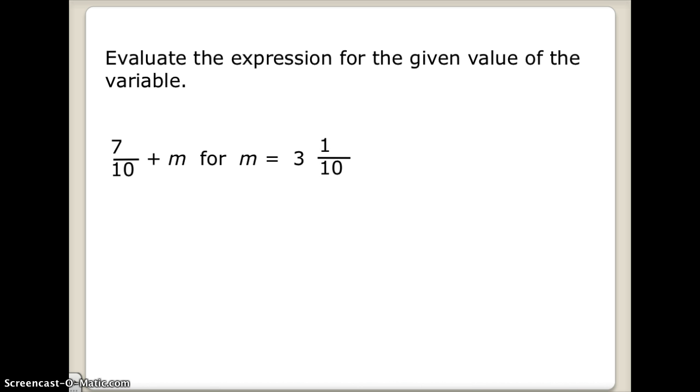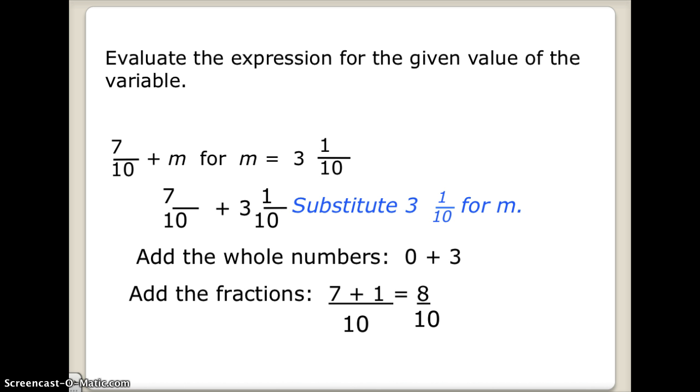And let's evaluate the expression for the given value of the variable. 7/10 plus m for m equals 3 and 1/10. Start by substituting your number in so you understand what's going on. So 7/10 plus 3 and 1/10. Well, we have 3 wholes and no wholes with the 7/10. So we have a total of 3 wholes, and if we add the two fractions, 7/10 and 1/10, we get